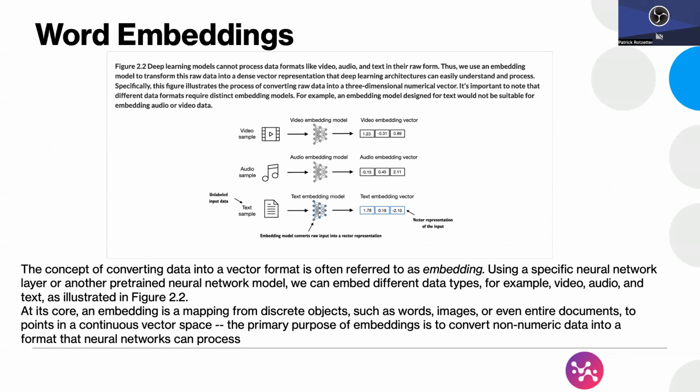Neural networks cannot work with text directly, obviously, right? Because text is categorical, right? You have a certain number of characters, and these characters can be labeled, for example, from 1 to 26, or a number of characters for each language and so on. But this is not compatible with mathematical operations. So we need to represent the words as vectors, as continuous valued vectors. And this concept of converting data into vector format is called embedding,